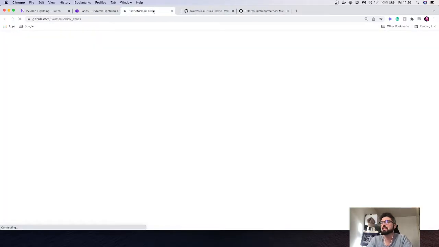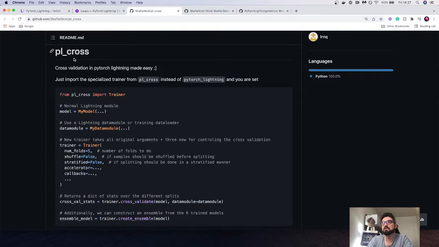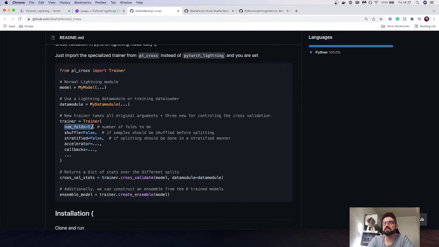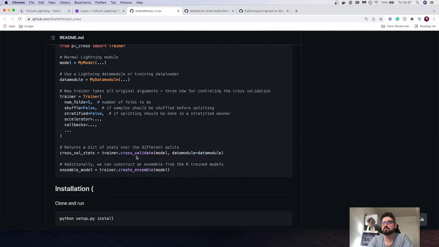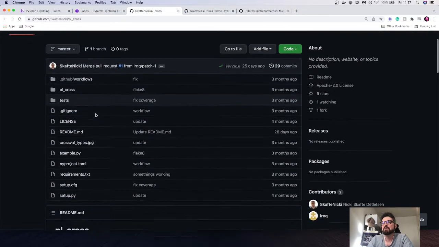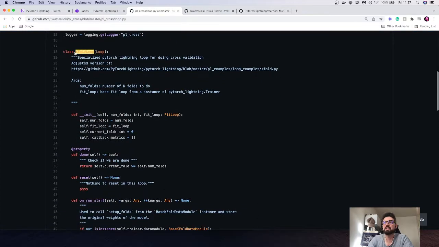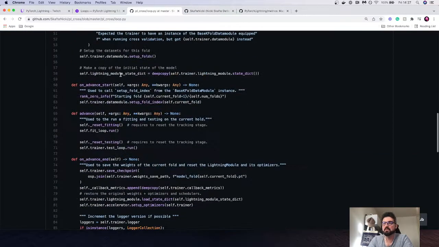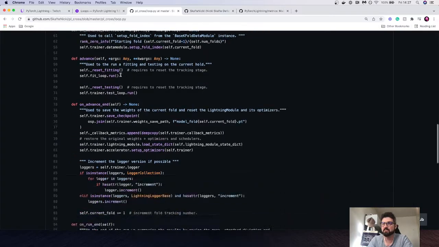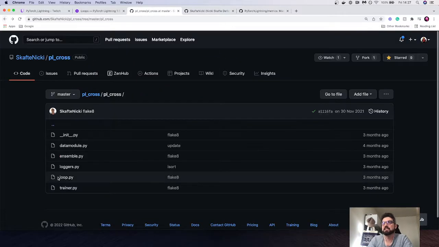So he actually implemented a full cross-validation extension for Lightning, where you can just do something like trainer cross-validate or create an ensemble and so on, which is built out of the example we have in Lightning, where he created a custom loop, which is a KFold loop, which basically implements all the k-folding mechanism,